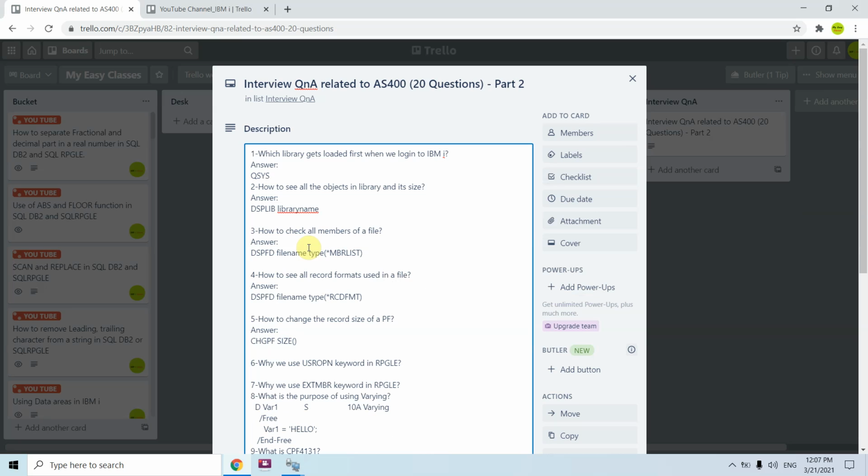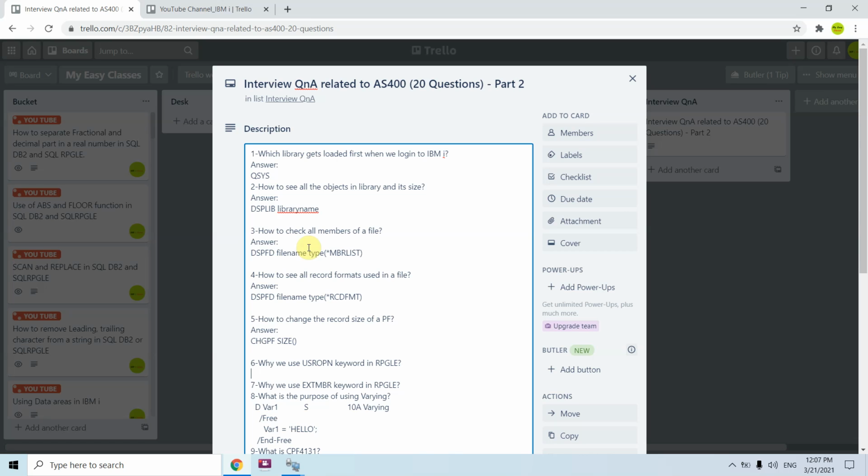Now the sixth question is why we use the USROPN keyword in RPGLE. USROPN is basically used with files. Whenever we are declaring any file in the F-spec and we should explicitly open that file, then we would be using USROPN.